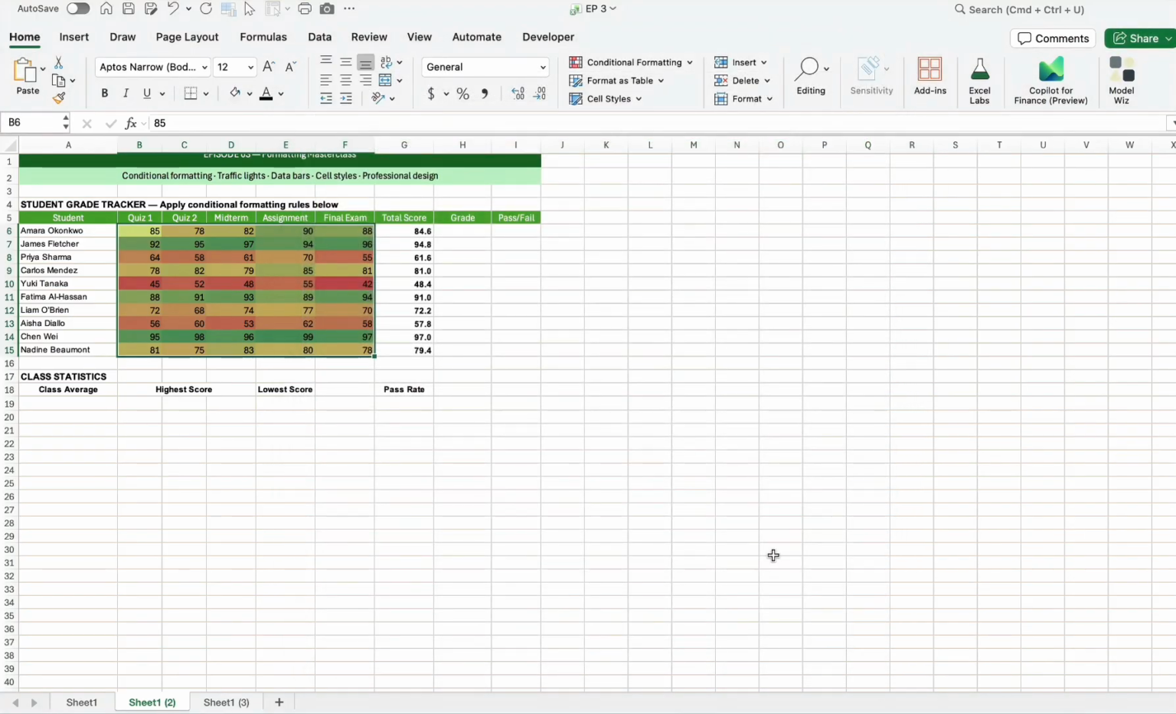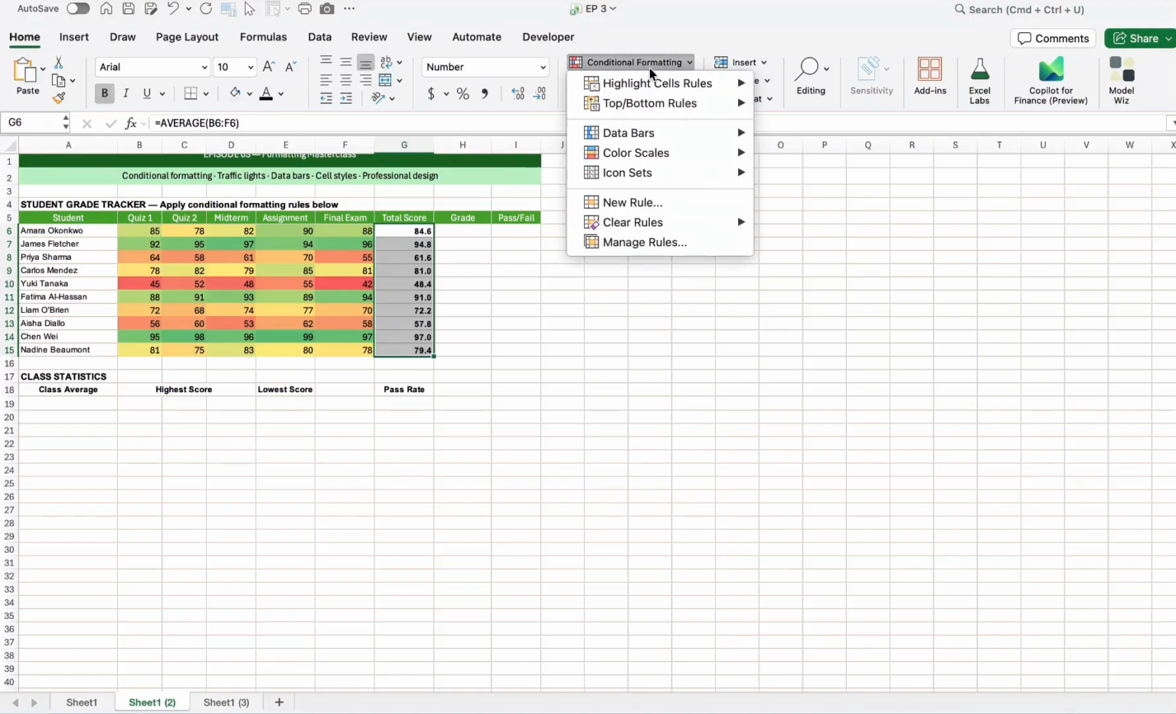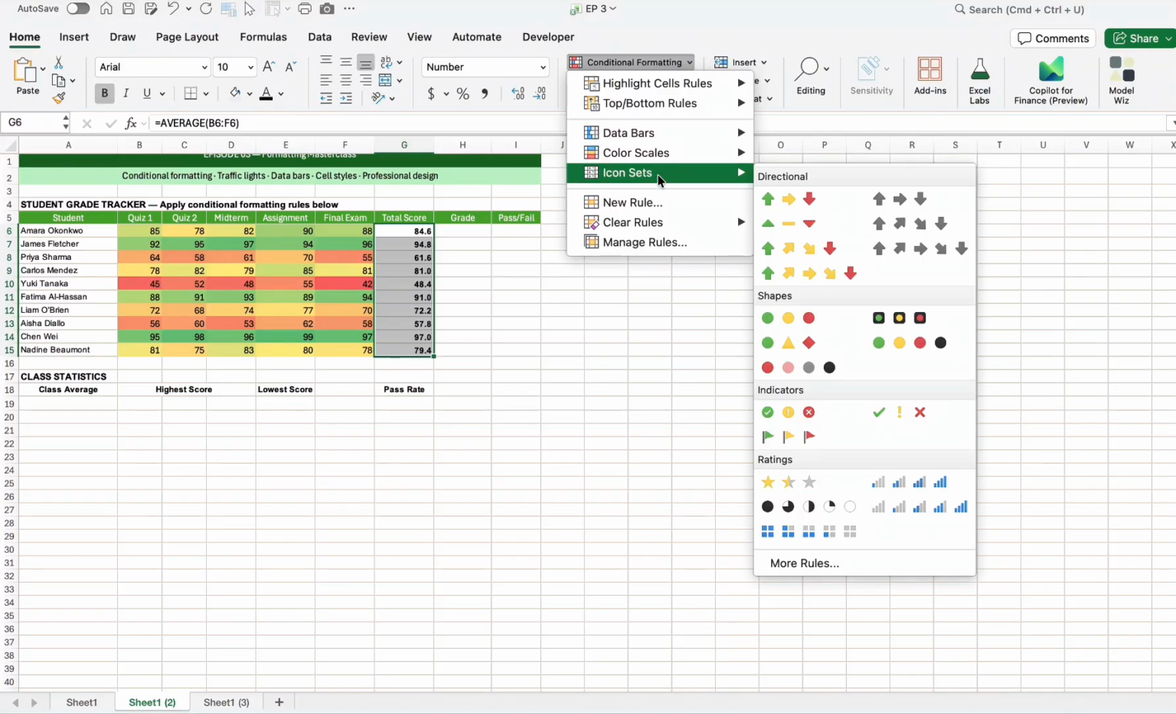Then the last one I'll be showing you on conditional formatting is called icon set. So I will select my total score again, and I will go to my conditional formatting and go to icon set. So this icon set also, you can use it the way you use your other conditional formatting. So you look at any one you feel like using here. But I will still use, let me use this